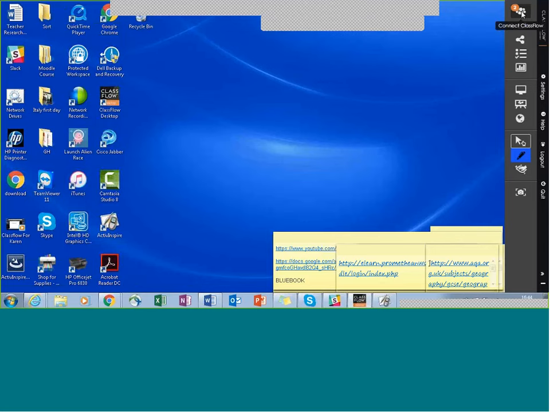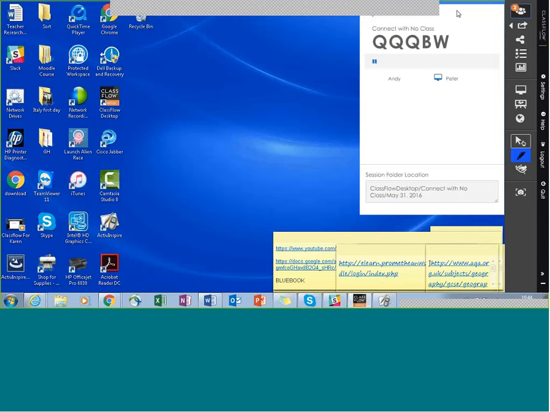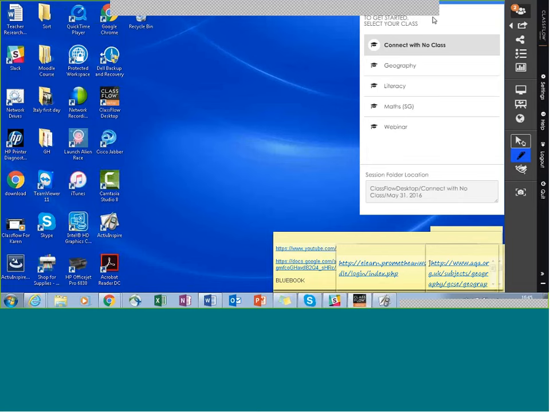Now, in order to use the assessment features, you need to connect to a ClassFlow class. When I open that up, the first thing that I will get here will be classes. Now, this one is connected, and I'm going to come out of there for a second. You can see here, it's picked up some classes. The reason why these class names are here is because I created them in my online classflow.co.uk